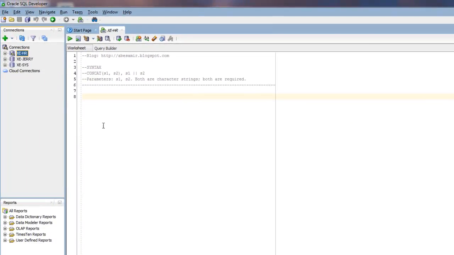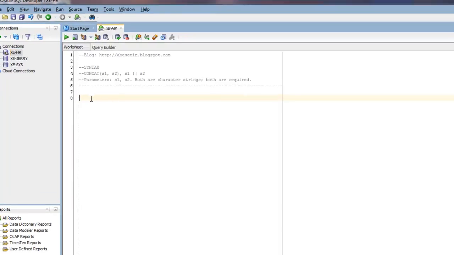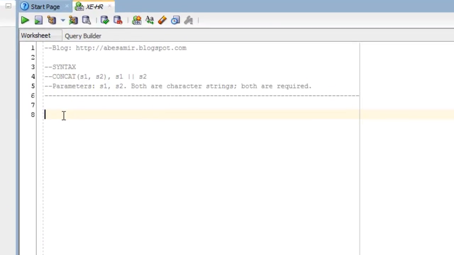So for starters, I've got my SQL Developer application open. I have a connection to my database. I've called this connection here xe-hr, and I'm going to go ahead and start with my example. So I'll use the keyword first. So select